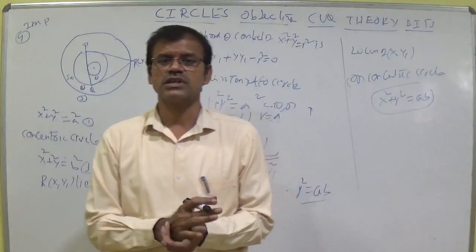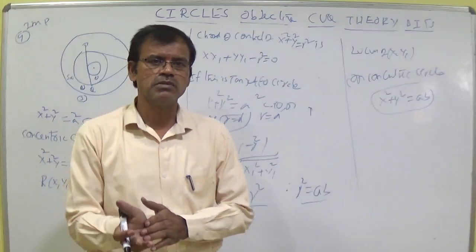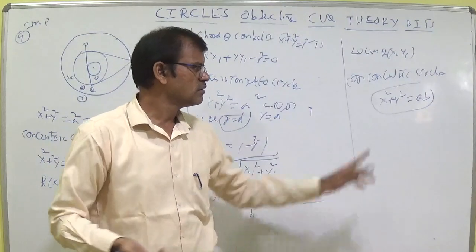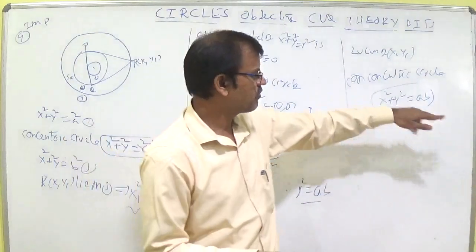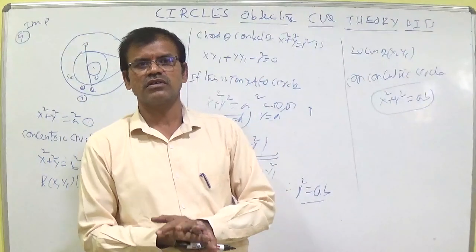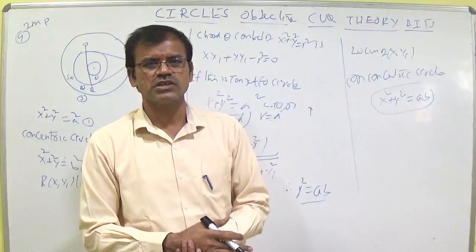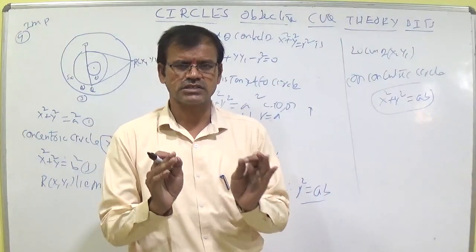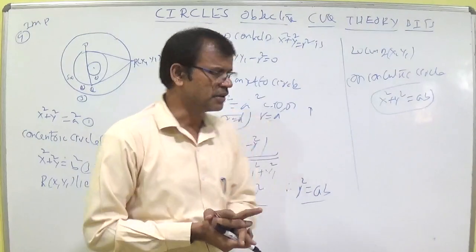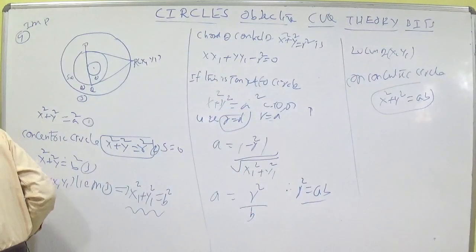This is of course nothing but synopsis. In Deepthi book it is given as c and d, formula x square plus y square equal to cd. In Arihant book it is given as alpha beta, formula x square plus y square equal to alpha beta. Somewhere in S. Chand, gamma delta, formula x square plus y square equal to gamma delta, like that. Just simply the product of the radii. x square plus y square is equal to ab.